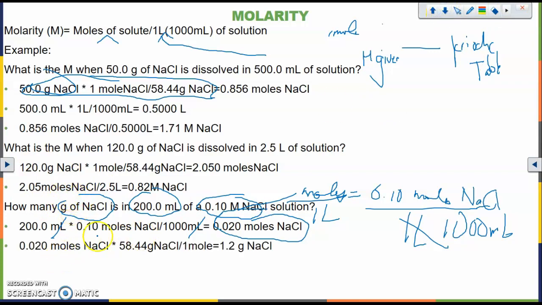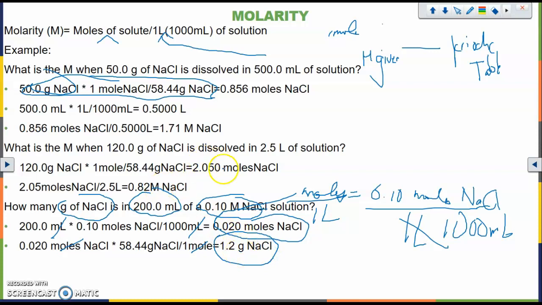Right? So we've done this before. How many grams? So you go from moles to grams. All you're doing is expressing the molar mass in the flipped ratio. So instead of the grams on the bottom, it's now going to be the grams on top, because again, you're trying to get rid of the moles. And so in 0.020 moles, there's actually 1.2 grams of sodium chloride,